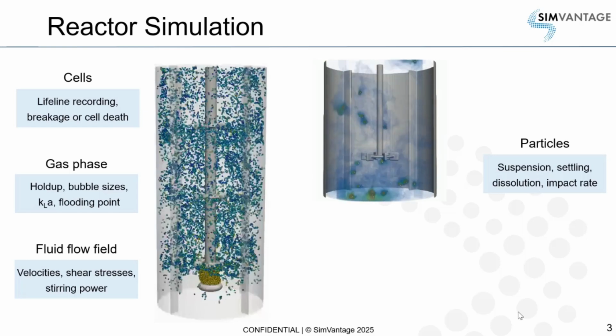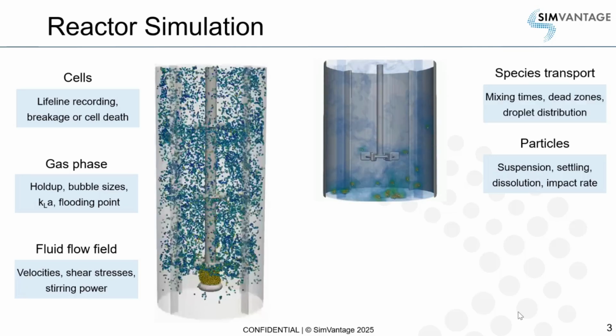And we can also do the scale-up of microcarrier particles, when we say that we have microcarriers included and let these virtual cells impact on these microcarriers. When oxygen is dissolved from the bubble, or like calcium chloride in this case from the particles,